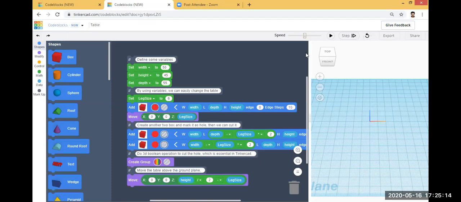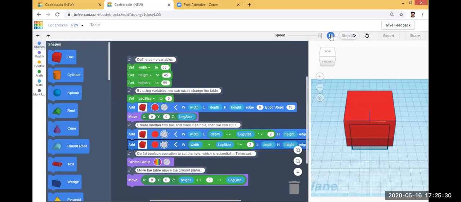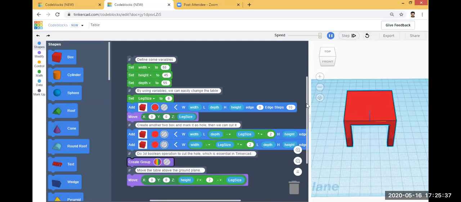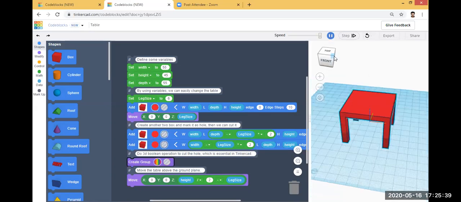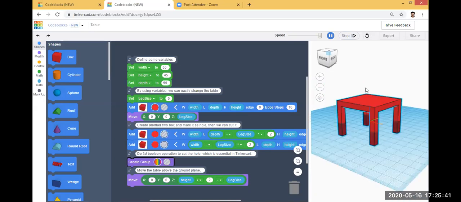So when I click this play button, you can see in the top right side there are two options. You can control the speed, and you can play. So I will increase the speed to maximum, and then I will play this. Okay, so you can see. Once again I will show you slowly.